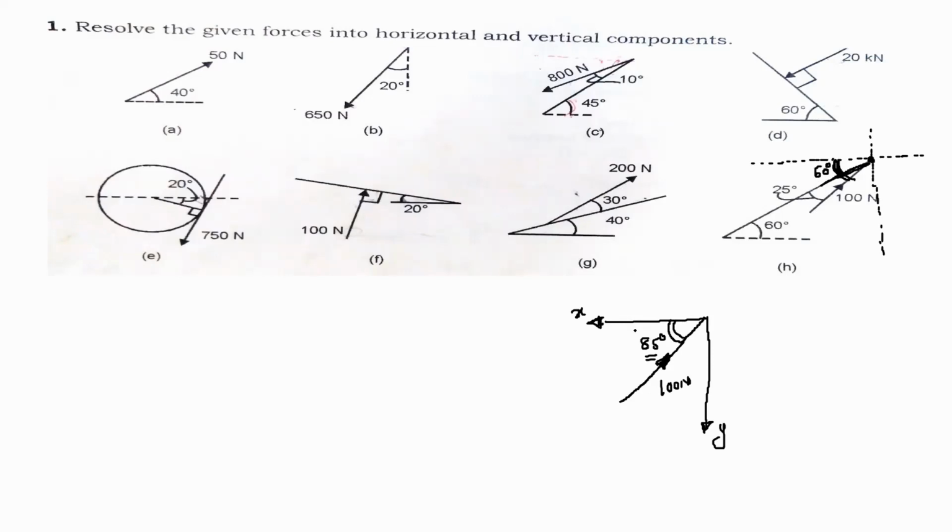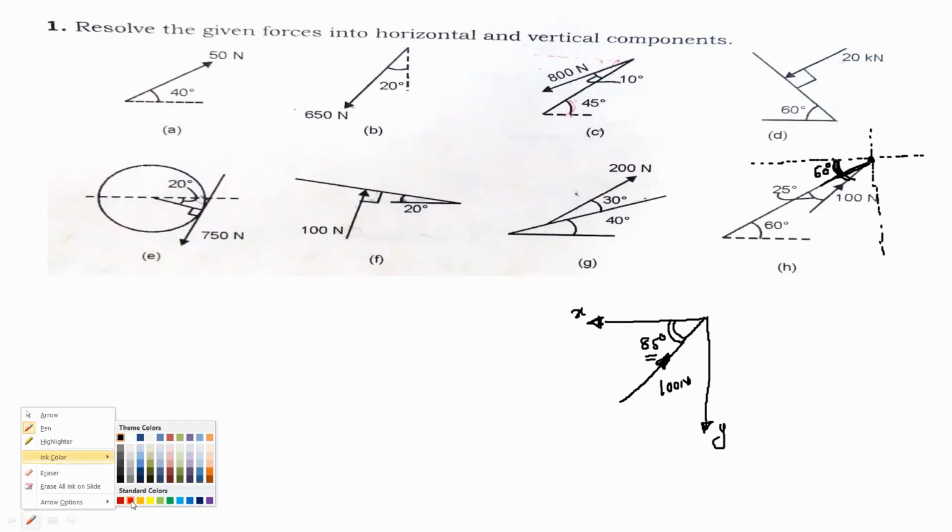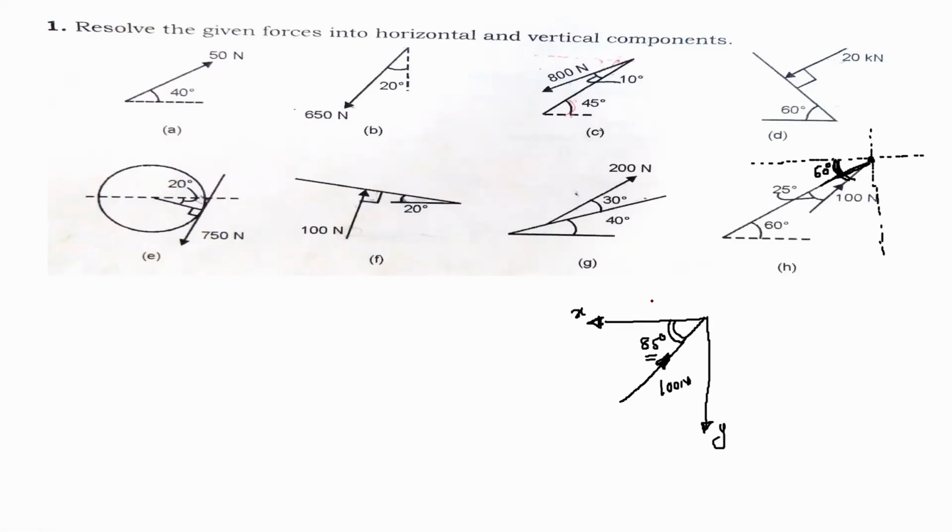So we can resolve this force like this. So actually that force is lying in the first quadrant. This is the direction. Okay, so you can resolve this force here like this. So this will be your Fx. Then this component will be your Fy. Okay, so Fx is equal to 100, theta angle is adjacent to the x-axis, so 100 cos 85, and your Fy is 100 sin 85.